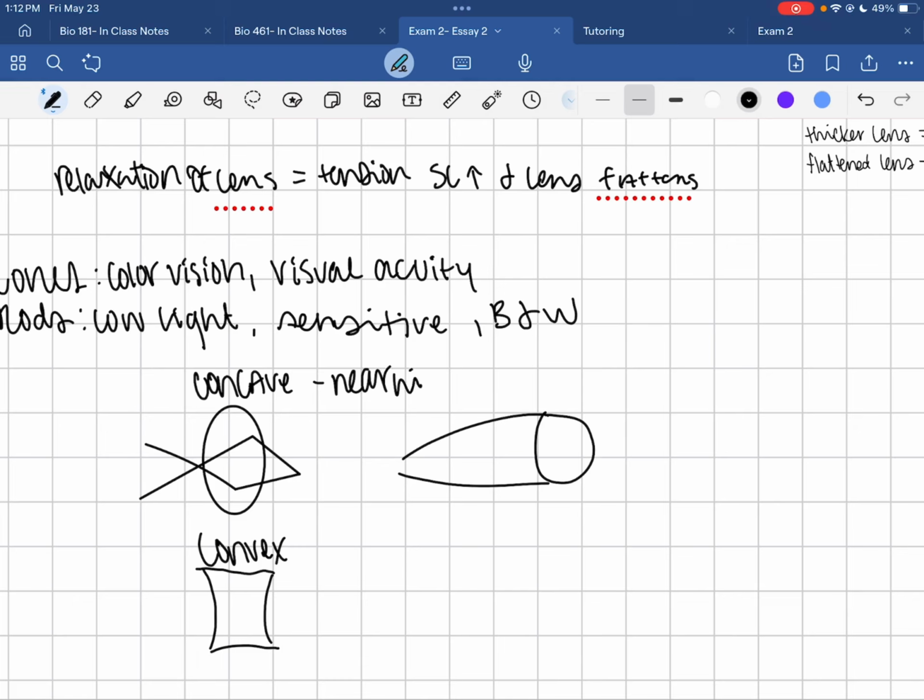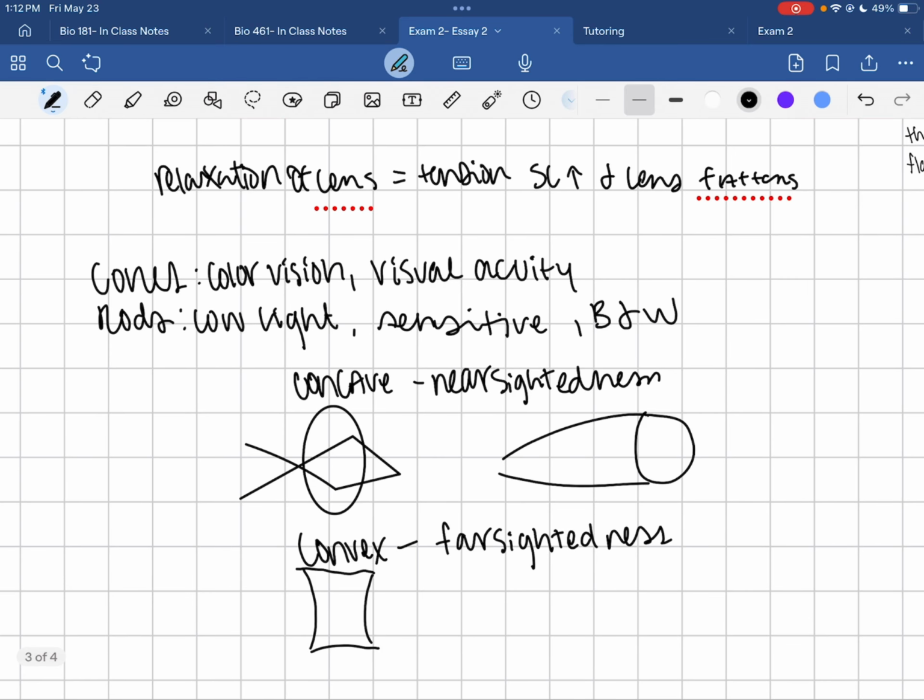We can associate that with nearsightedness. And then convex we can think of as farsightedness. So yeah,